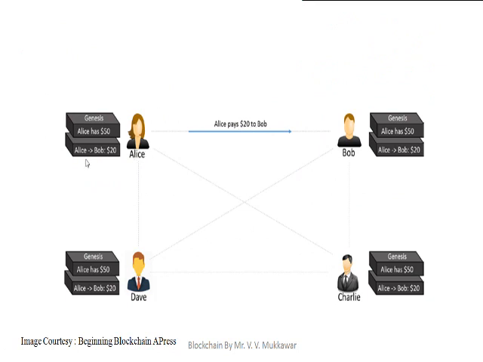After some time, if Alice pays $20 to Bob, so Alice makes a transaction: Alice pays 20 to Bob. So again this transaction is going to be added inside of your blockchain. Just consider we are adding one transaction per block here. So I am adding one more block which will consist of the transaction. This transaction is done by Alice: Alice pays Bob $20. This is the second record that has been inserted inside of the blockchain.